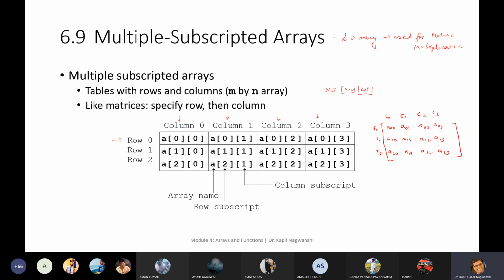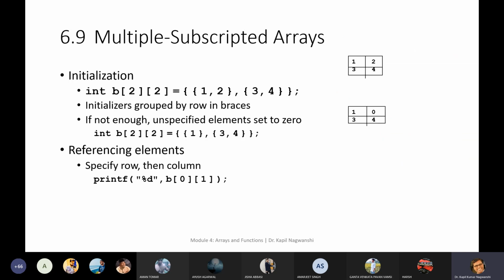So I think it is completed by you. Let me start explaining the next thing. How do we initialize these arrays? There are multiple ways, like this shows the initialization. So a 2 cross 2 matrix is there, with indices 0, 1 and 0, 1. So this is written like this: 1 and 2.